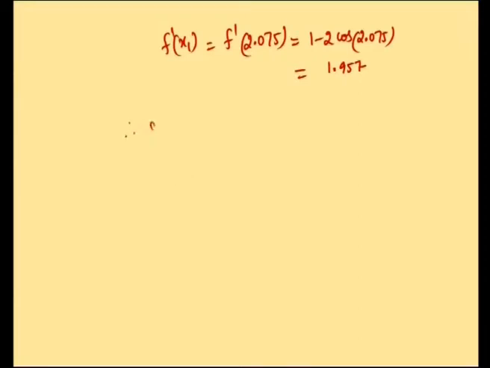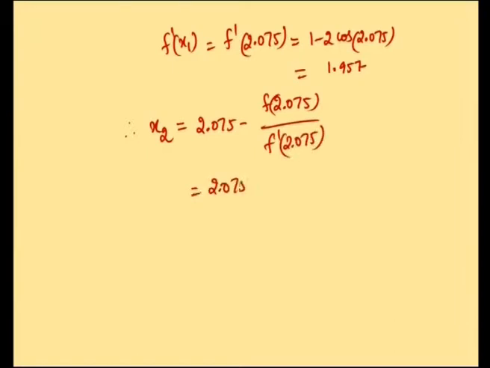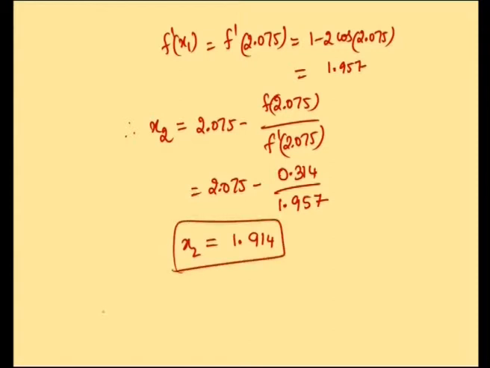When you substitute everything, 2.075 minus f of 2.075 divided by f dash of 2.075, which is 2.075 minus 0.314 divided by 1.957, this answer comes to be 1.914. Similarly, we find x3 is 1.896